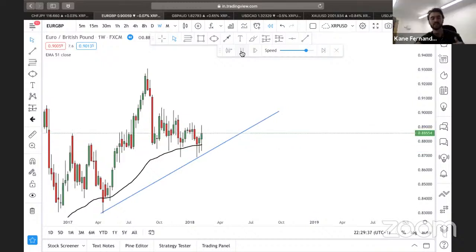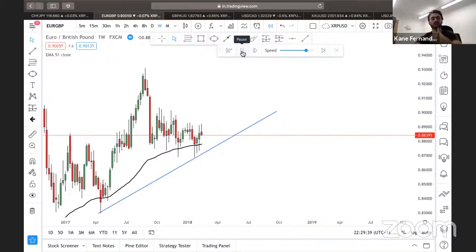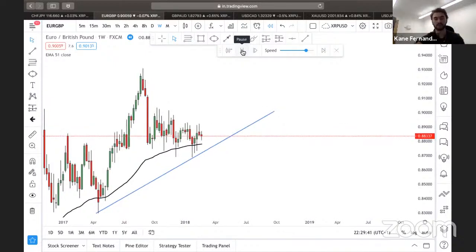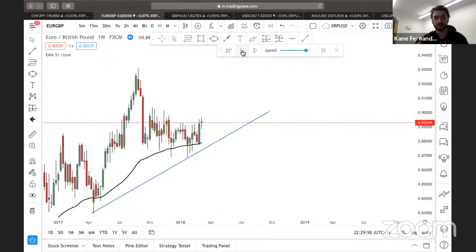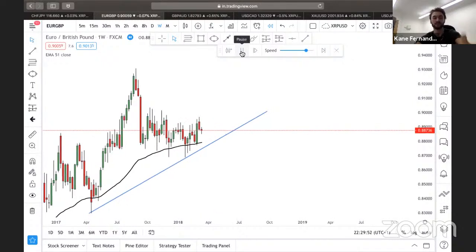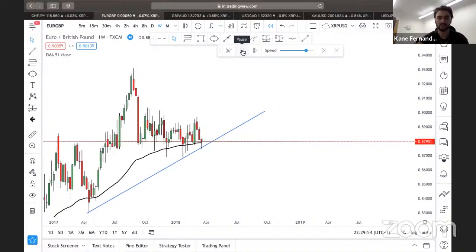So if this has an impulse to the upside and then it has a third touch, I'll fib it, do all the other stuff, and then I'll explain it to you. Even here, it could have been a trade, but we'll play it out a little bit. From seeing that rejection of the EMA, I'm saying more upside because it's been respected.